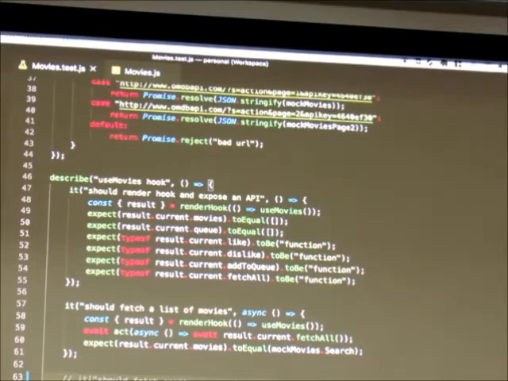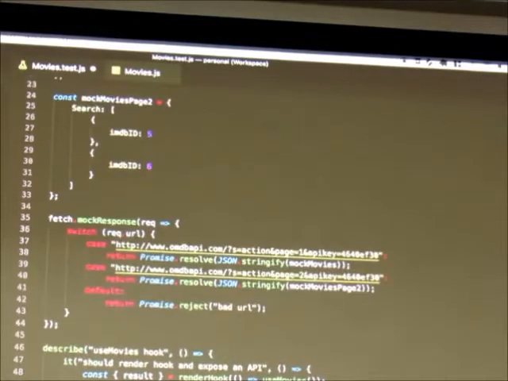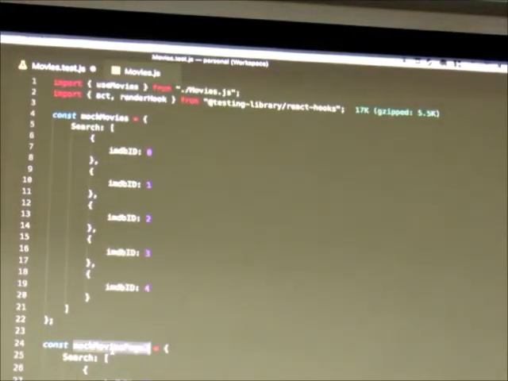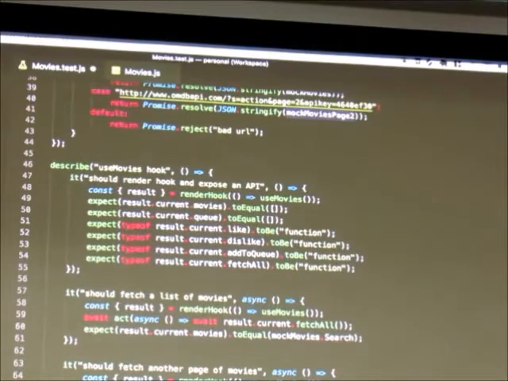So, as I mentioned before, we wanted to be able to go through multiple pages, and the API returns, I think, 10 items at a time. So let's do that. We're going to copy the same things we did last time, but we're going to call fetchAll twice, and then when that comes back, we expect the result to be, I guess, the new page first and then the old page, right? Because we want to see the new stuff first. So we have this mock movies page 2. We're going to have that search and